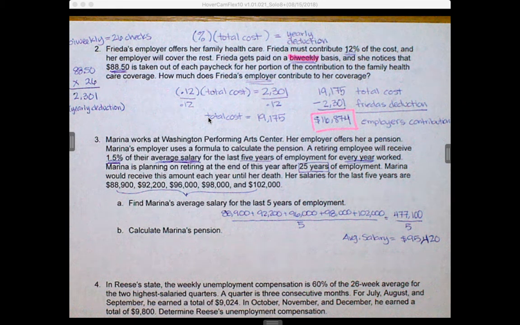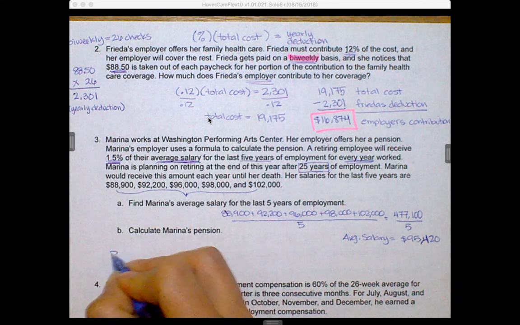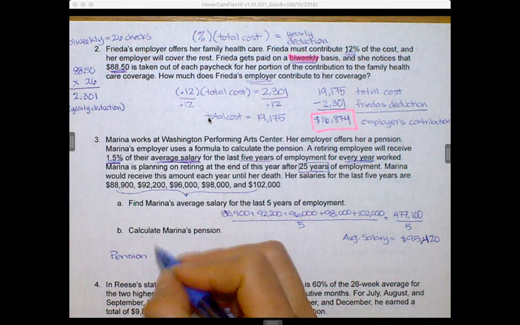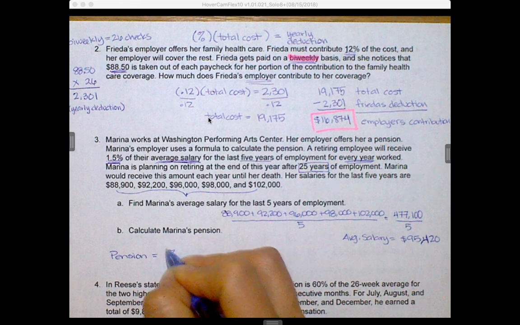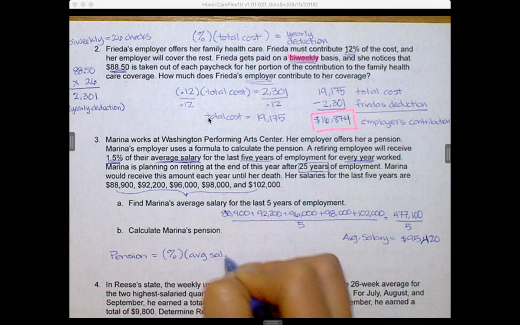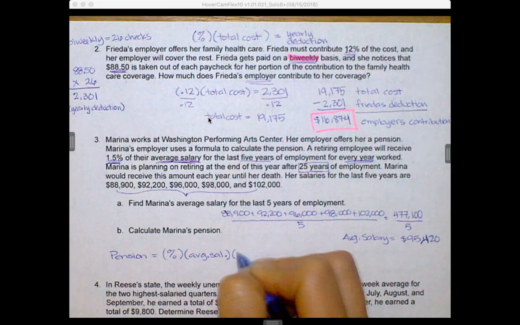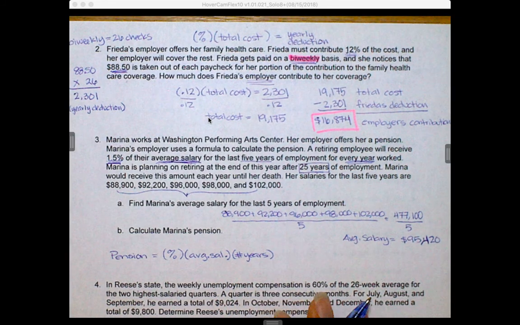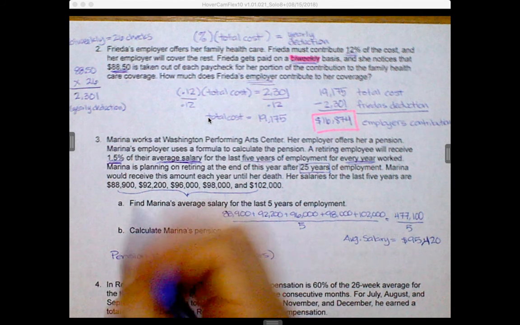Okay, so now that we've got the average salary, now we can do her pension. Okay, and so it told us for her pension, what they were doing was they were going to take the percent times the average salary and times the number of years she worked. Okay, so let's just fill these things in. Okay, her pension